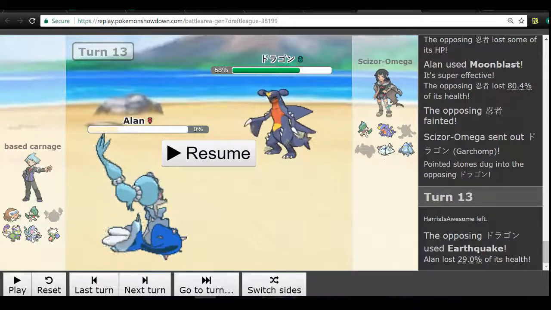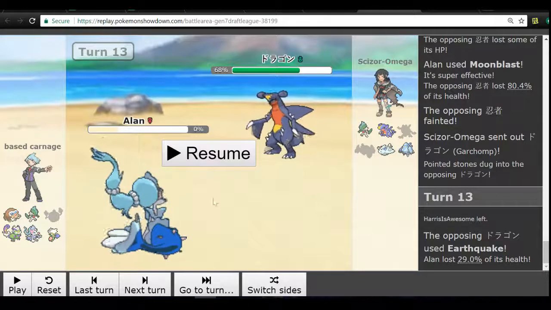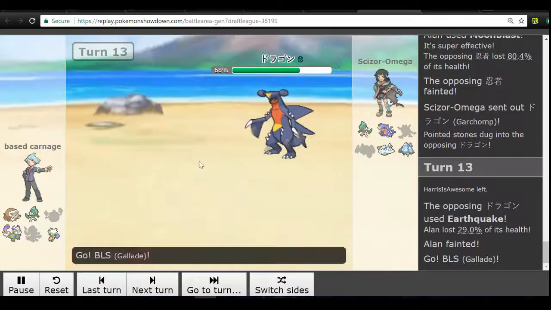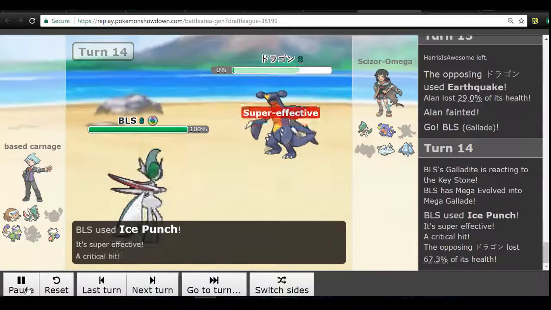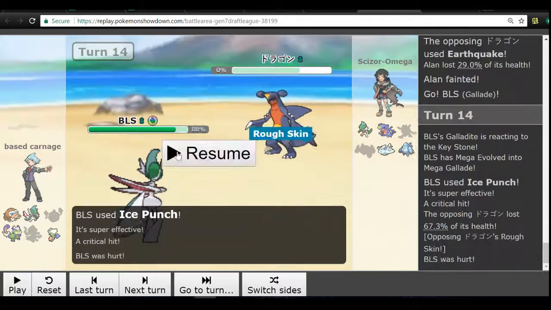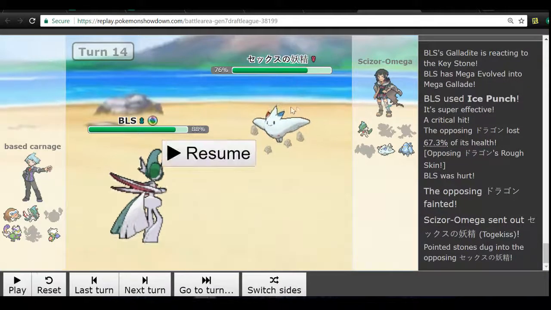It dies to Speedy Togekiss, it dies to Mega Gallade, and it dies to Regice, and can't really do much to Regice. So I just sack this thing off, as I can now go into Mega Gallade and Ice Punch this man into oblivion. So that is what I do, as Garchomp is gone, as he now goes into Togekiss,